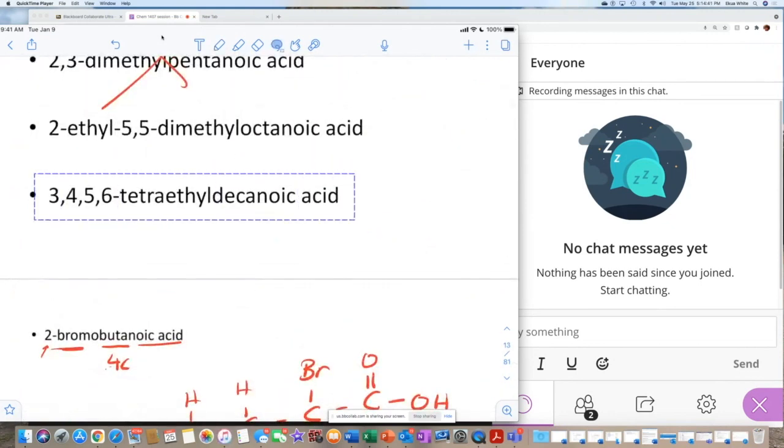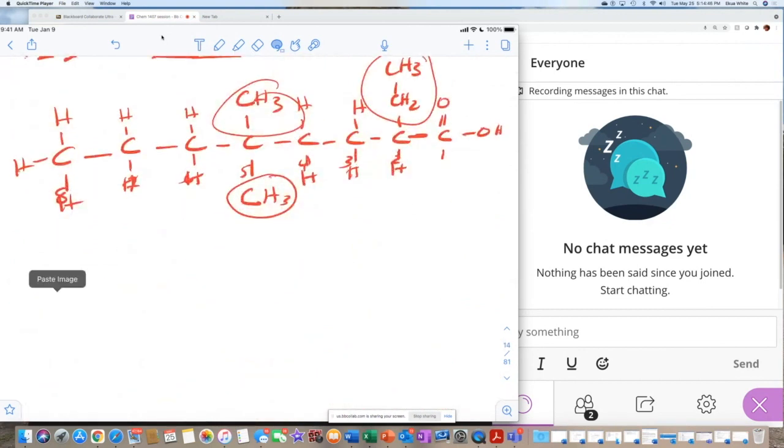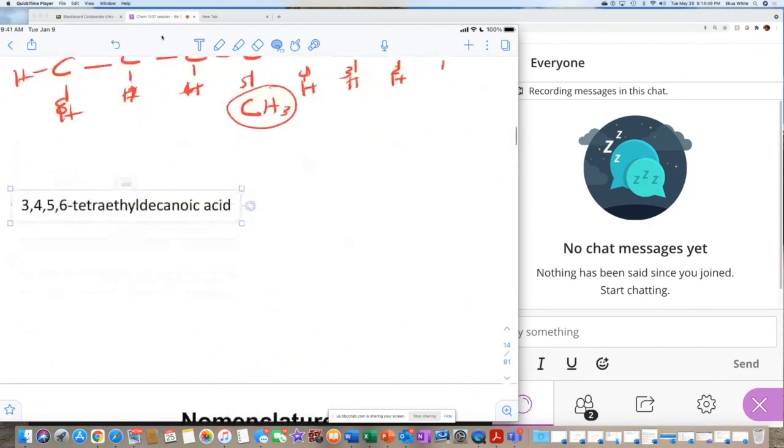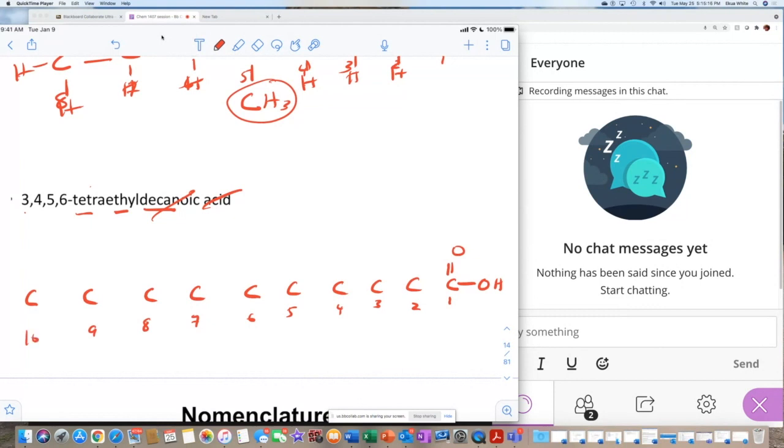Okay, so here I need my last one. That will be 3, 4, 5. Wow, that's a lot of side groups. Tetraethyl. Whoa, I need a lot of space for this. Decanoic. Deca means 10. 1, 2, 3, 4, 5, 6, 7, 8, 9, 10. Okay, double bond OH because it's an acid, right? To get rid of that. Okay. Tetra means 4. Ethyl. Wow. On carbon 3. So let me number this. 1, 2, 3, 4, 5, 6, 7, 8, 9, 10. On carbon 3, you need